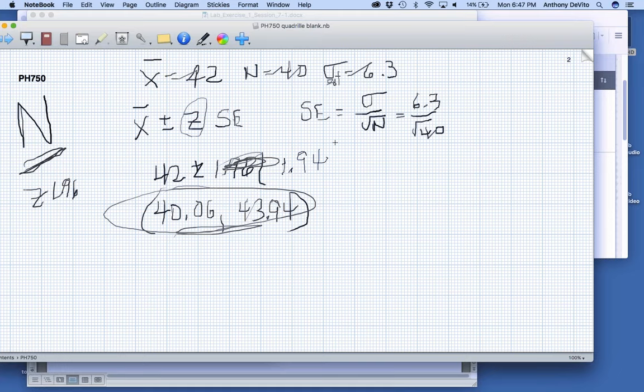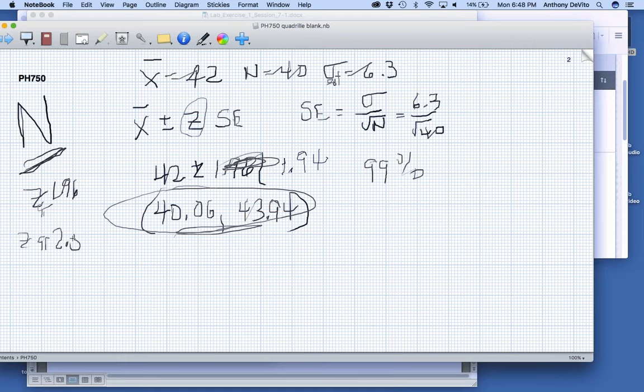If I were going to calculate this where I wanted to be 99% sure, would the range be wider or narrower? Wider, because I want higher certainty. And what would make it wider? What changes in here that makes it wider? Right, the z-score, exactly. The z-score changes. So instead of a z-score of 1.96 for a 95% confidence interval, for a 99% confidence interval,